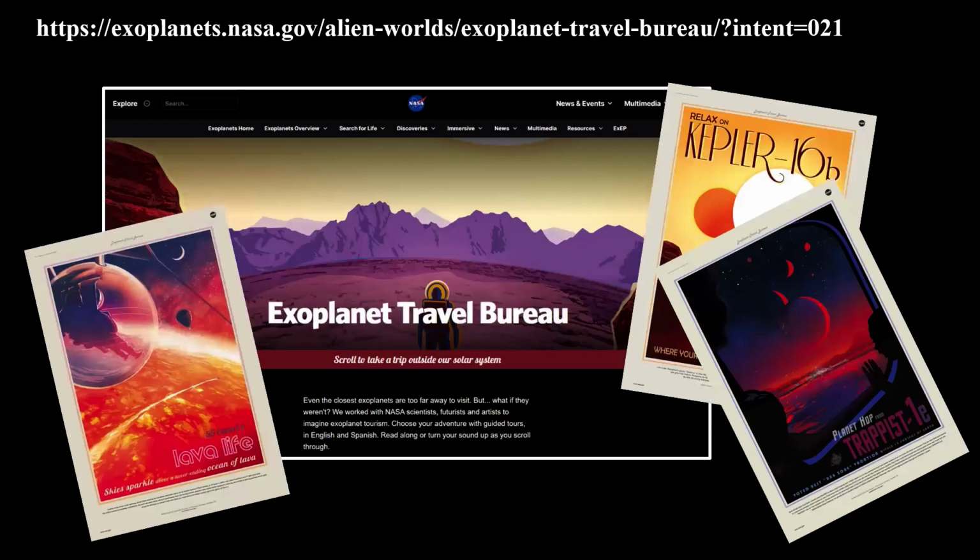The NASA Exoplanet Travel Bureau is an absolute treasure chest of information. It has excellent full coverage information on every aspect of exoplanets you can imagine. It's great information. Not only is there technical information, but the immersive and search for life menus keep the imagination and fascination alive. It's not all about the data.